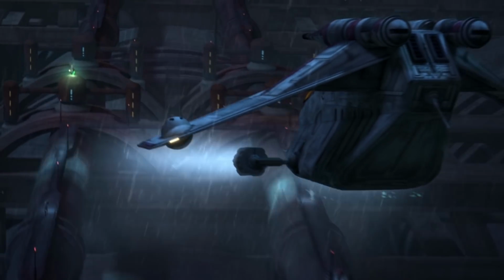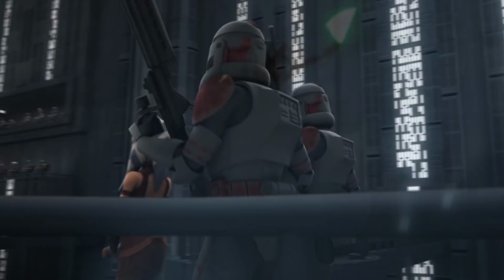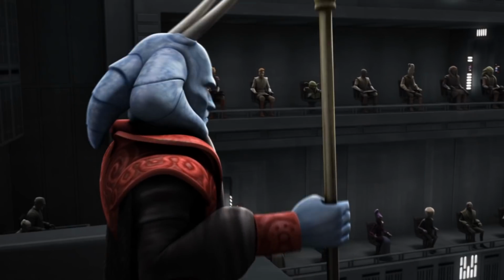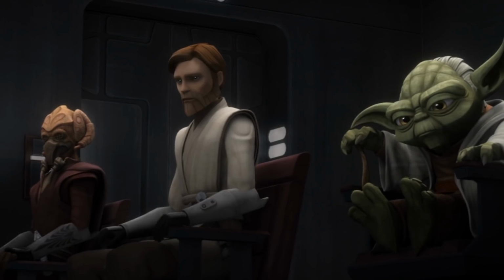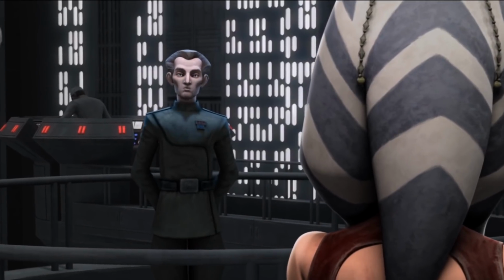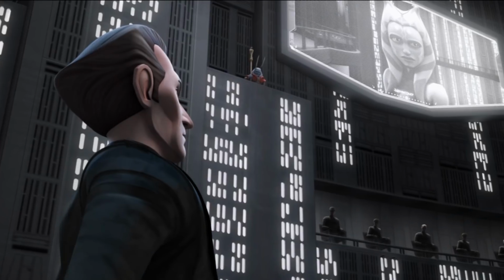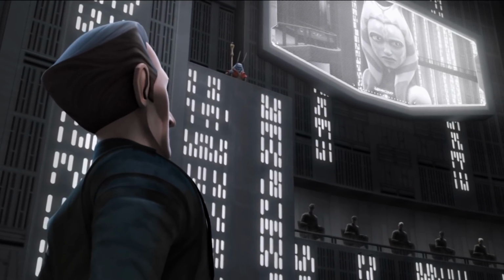For those accused of treason, as well as for secret trials kept out of the public eye, this location also housed the Military Tribunal courtroom. Here, Jedi and military officials could weigh in on the fate of those that were claimed to have betrayed the Galactic Republic. Tarkin may have been feeling triumphant when he asked that Ahsoka be put to death, but 5 years